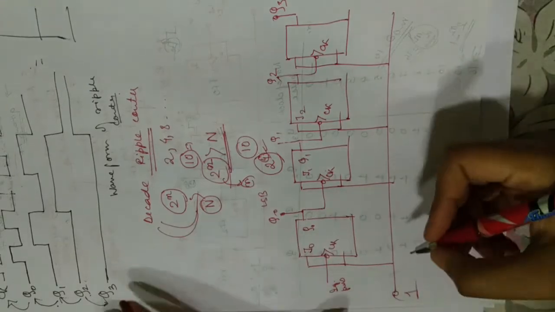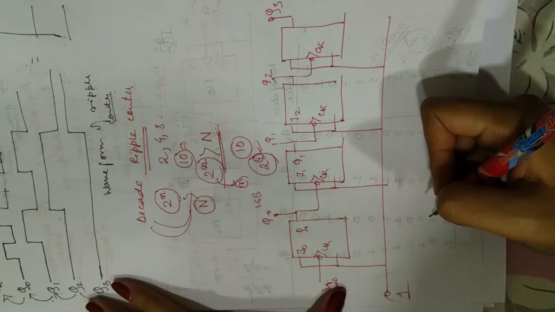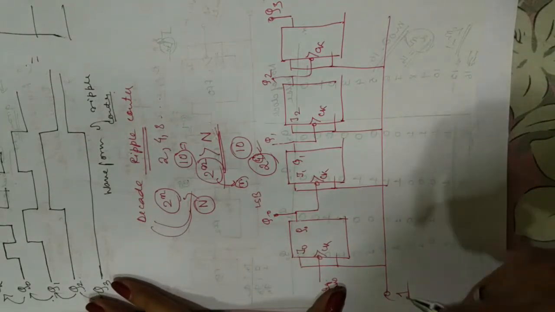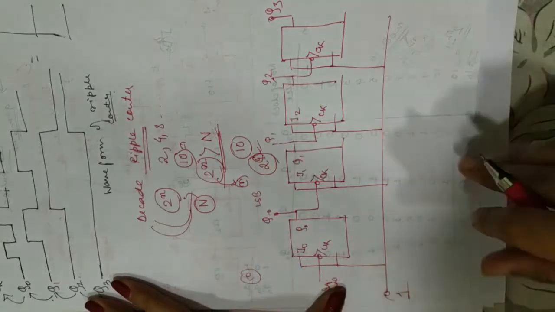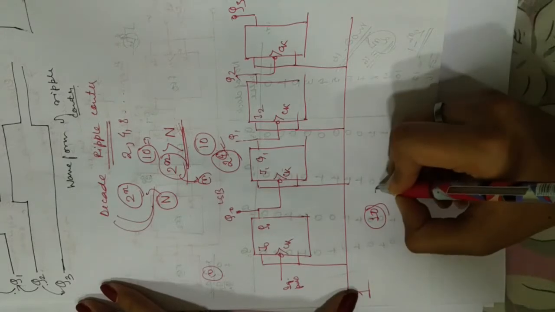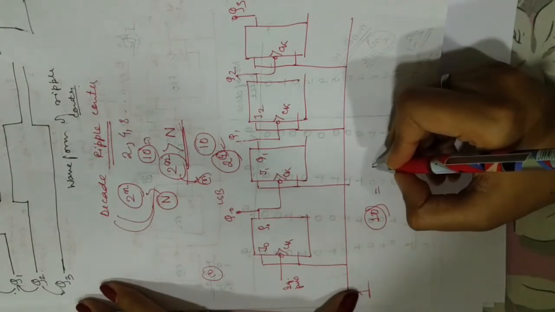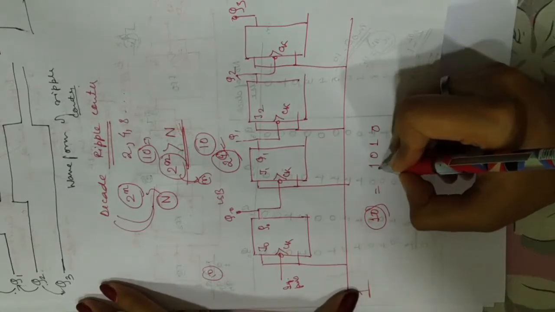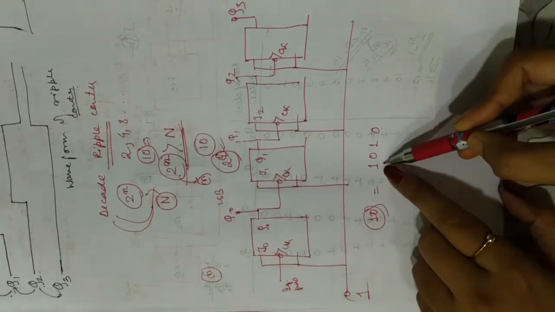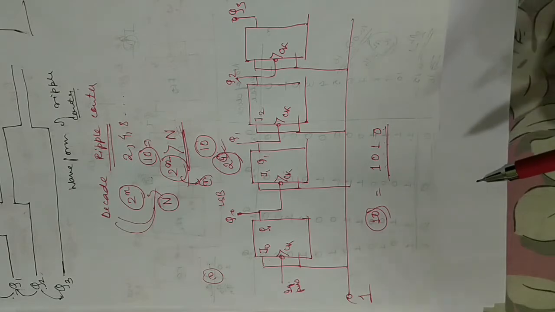Okay, so now how to construct a counter so that it has only 10 distinct unique steps, right? That is what we mean by a mod 10 counter. So just look at the binary equivalent of 10. The binary equivalent of the digit 10 is 1010, right? 2 to the power 0, 2 to the power 1, 2 to the power 2, and 2 to the power 3. So 8 plus 2 gives you 10. So this is the binary equivalent of 10, right?